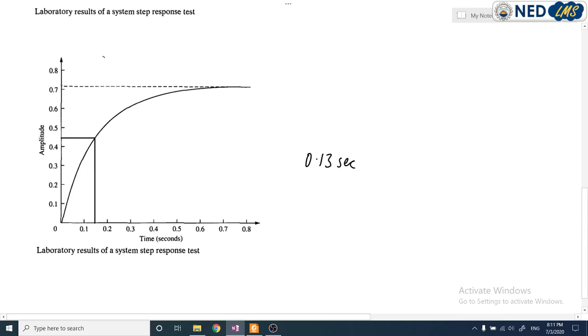So this is our time constant, and the time constant is basically 1 upon A, so since we have to calculate the value of this constant A, here A is equal to 7.7. So by these steps we find out the value of this constant A, and now we have to calculate the value of K,